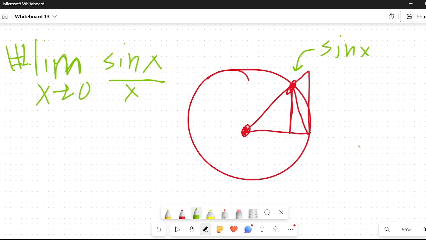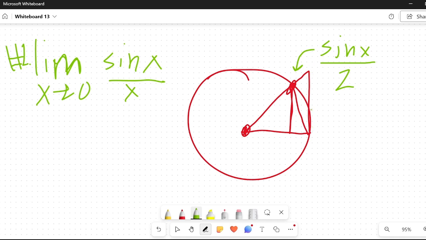The area of the, or sorry, because it's a triangle, we have to divide by 2, right? So sine of x divided by 2. But in this case, if we're looking at this tall triangle over here,